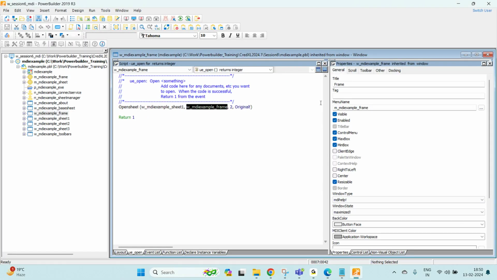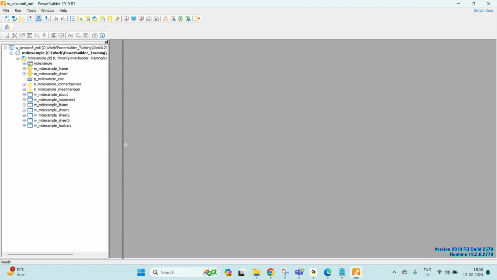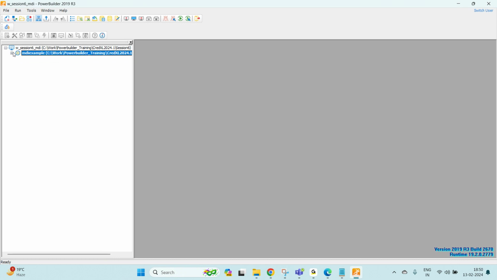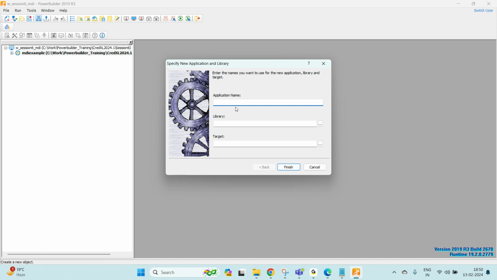Yeah, this is just like I want to show you the MDI. We'll show you how we can use methods and all with the MDI. So this is just to show you how MDI works. So let me create a new template, new target without any MDI. I'm saying this time I'll say this